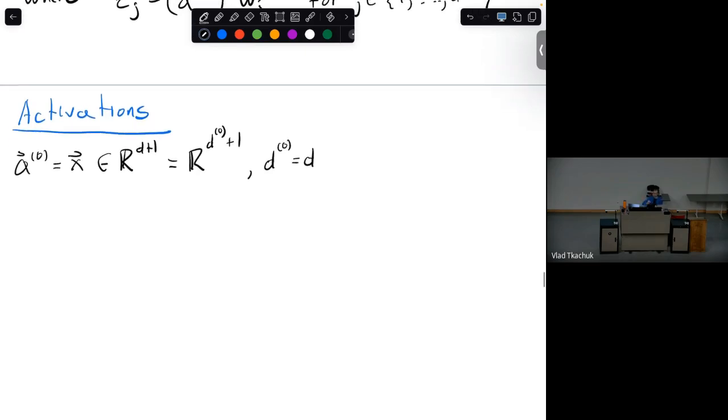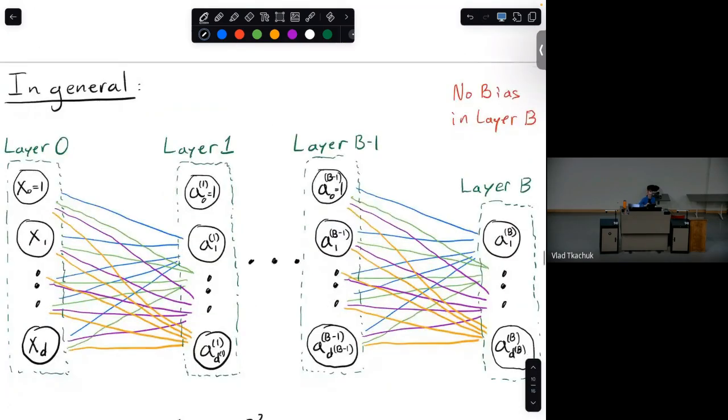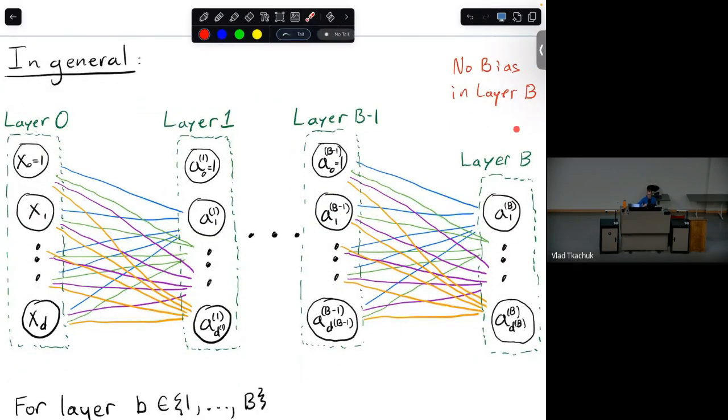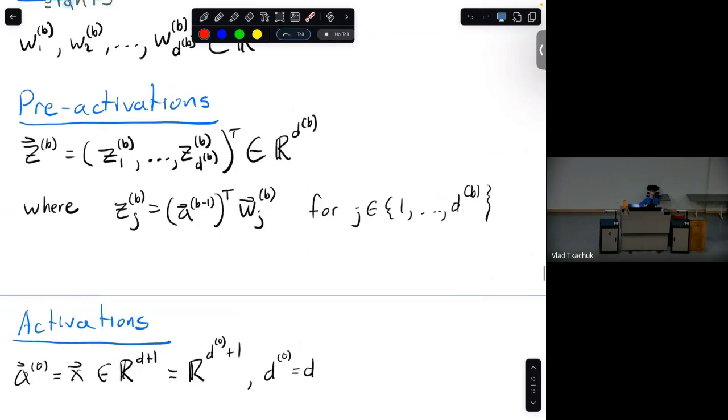There's another special case, which is the last layer. Why is that a special case? Well, that's because the last layer doesn't have a bias term. It doesn't need the bias term because there's no other layer in the future that's going to be using it by multiplying with weights. The only reason you needed this bias, like for instance here, is so that the activations at the next layer can use it as an offset when it does this dot product thing, as like a y-intercept kind of thing.